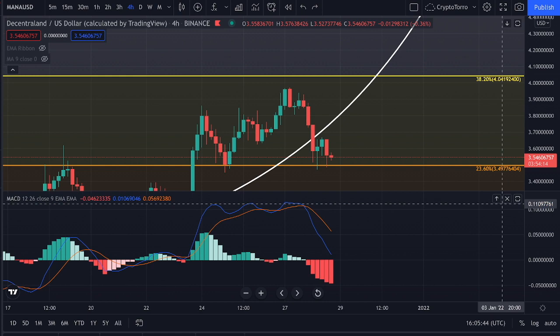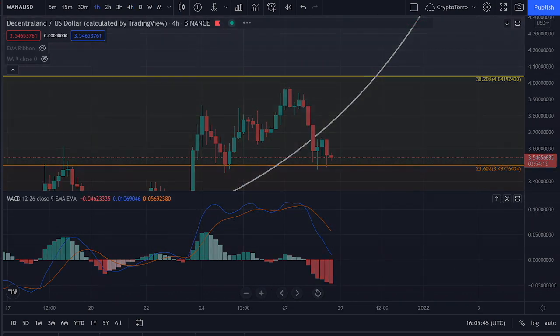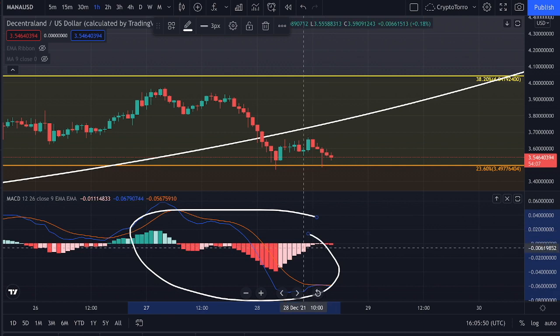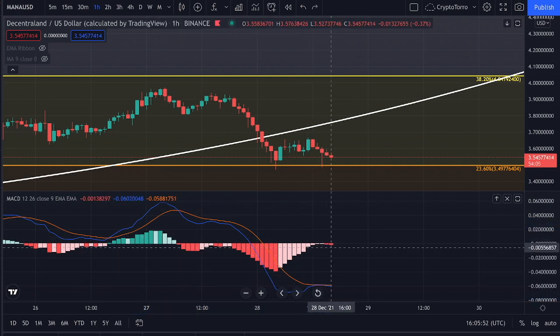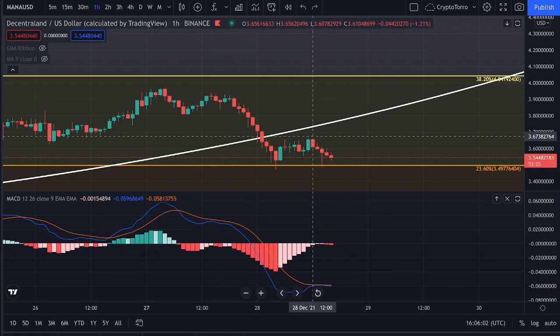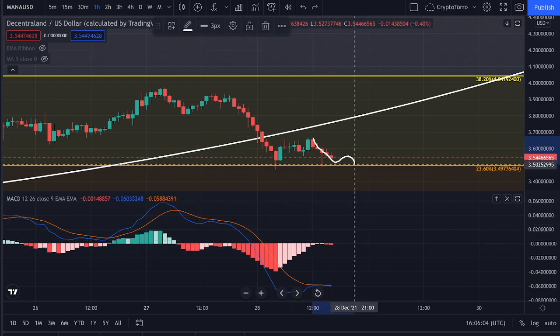Therefore I am actually very pumped about this development. If we head towards the 1-hourly time frame, what I think is good to know is that we already experienced major momentum towards the downside. Unfortunately, right now we are seeing a continuation of this momentum towards the downside getting started. Therefore it's likely that we're going to retest once more the $3.49 range, but we would like to stay on